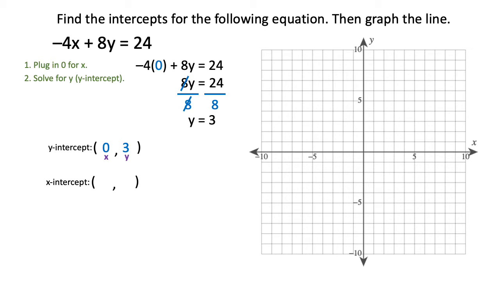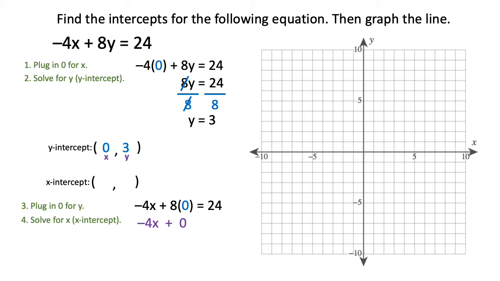Now we're going to try to find the x-intercept. So the next thing we're going to do is plug in 0 for y this time. That gives us negative 4x plus 8 times 0 equals 24. And then when we solve this one for x, that will give us the x-intercept. Same thing happens here. When we multiply 8 times 0, it's the same as getting a 0 there, and that